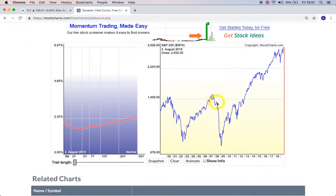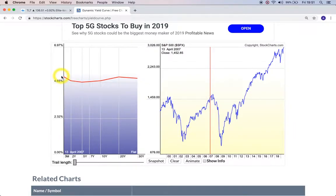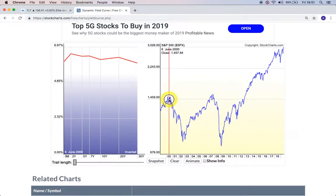As I showed before, right now the short-term yields are still above the very long ones, the 30-year, where I'm hovering right now. So, for example, in 2007, here you can see yield curve inversion with the short-term yields above the 30-year yields, and a similar looking pattern here in year 2000, with short-term yields above the longer ones. So again, we're kind of getting there,